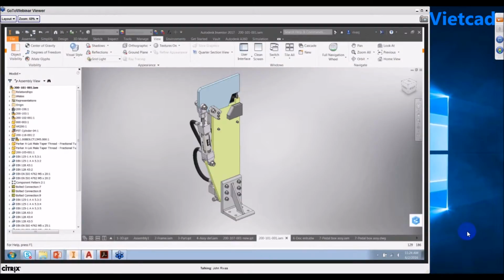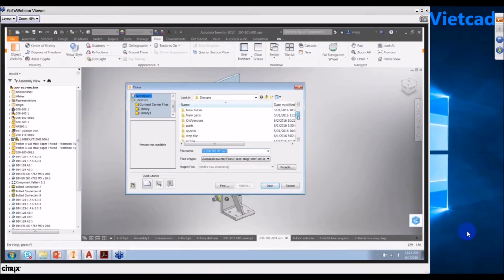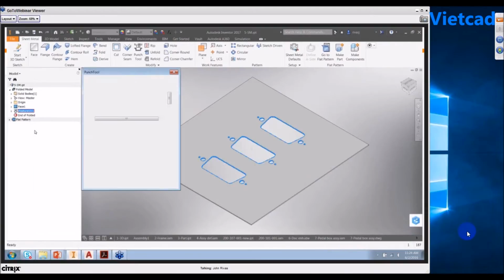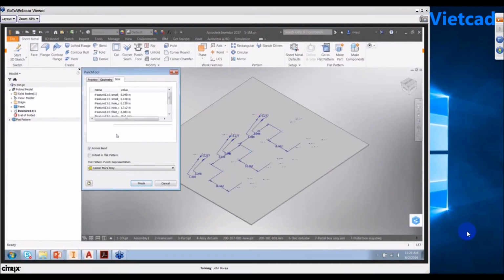Let me just open that part. Okay. So what I have here is a punch tool that I have already created. Inside Inventor 2017, we have this flat pattern representation. So if you create forming tools, such as punches, and it has a 2D sketch representation or a center